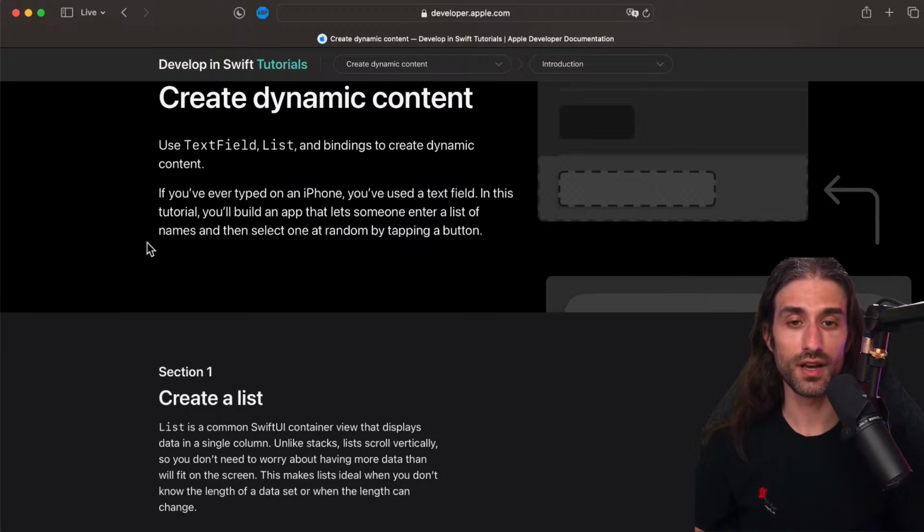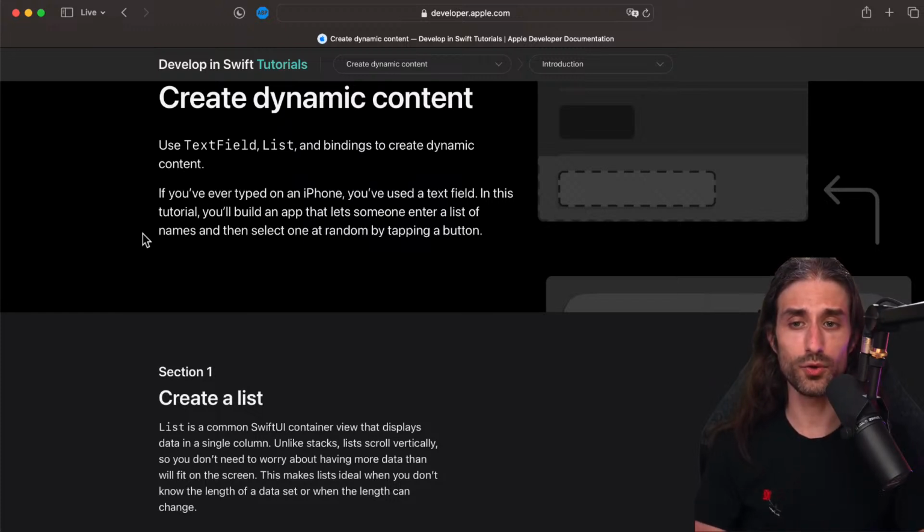At some point, you will need to have a text field, even if it's a game, to enter the player's name. It's almost like there is no escaping using a text field. So it's very important to understand how this component works, not only because it's like the poster child for a component that needs to read and access a state in read and write, because of course if you're writing a text field, you need to write the data somewhere, but also because it's the typical component of any iOS app.